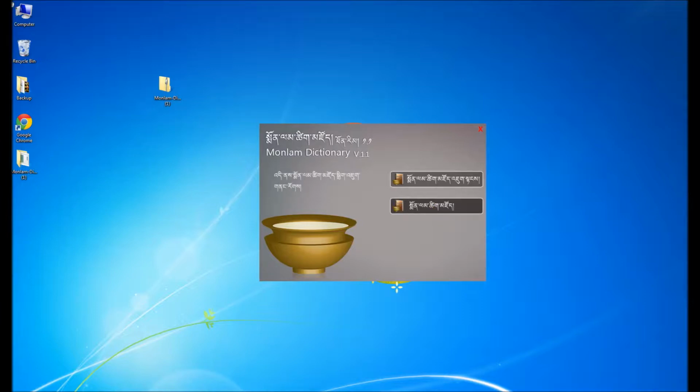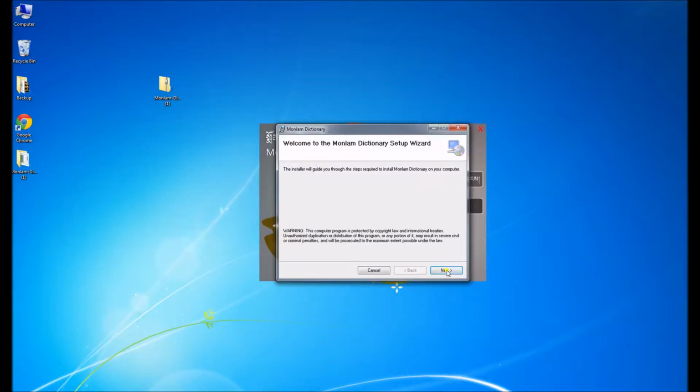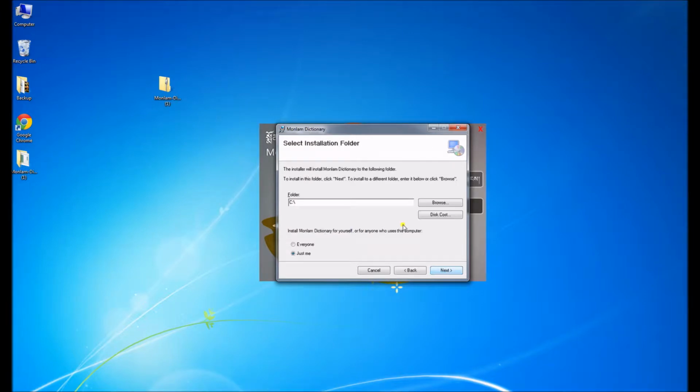Oh, looks like I have to click on this side. So make sure you click on this one right here and not here. Okay, then click yes. So if you get this error message, just close it for now and then just go next, and then just go with the default next,